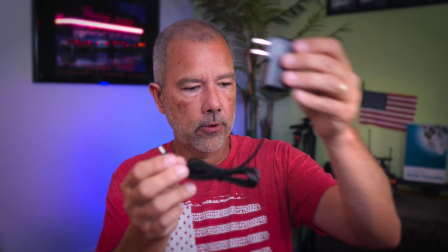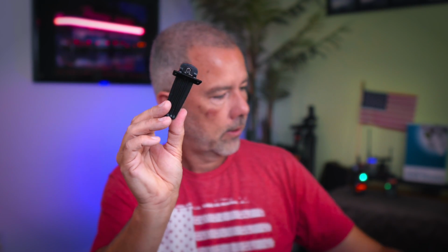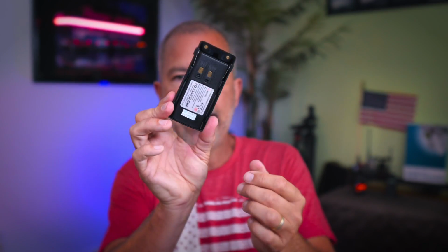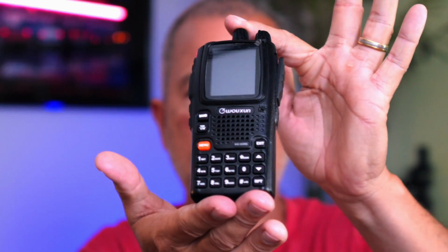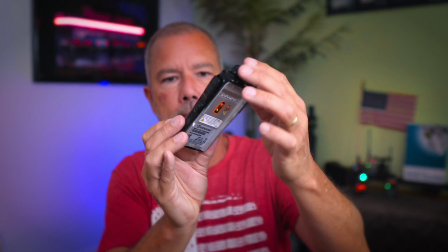You will receive a power adapter for the charger. You will receive this handsome wrist strap. You will receive a belt clip, which affixes to the radio. You will receive a little baggie with 2 screws to connect said belt clip to the radio. You will receive a dual band GMRS antenna. You will receive a 3200 milliamp hour battery. And the reason you came, you will get the KG-UV9G handheld GMRS walkie-talkie. The battery inserts cleanly and neatly